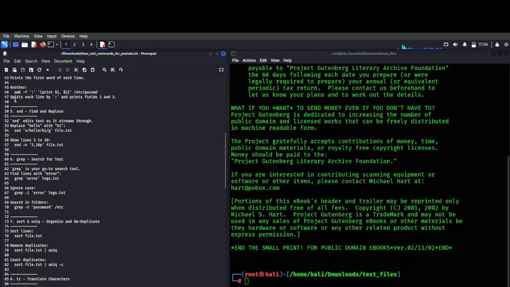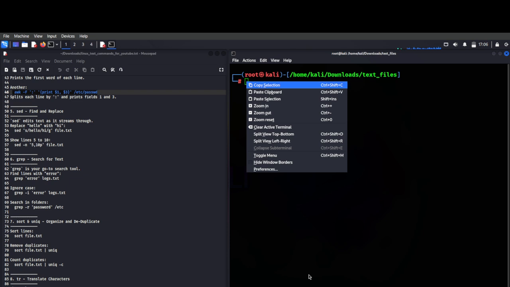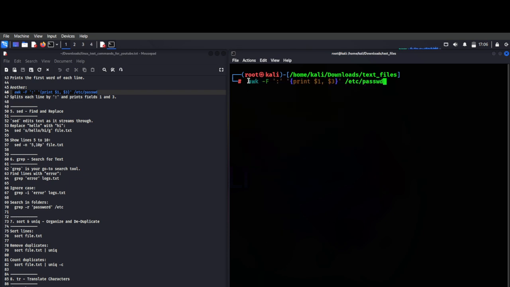And awk, I believe, honestly might need its own video because this one does a lot of things. It has a lot of functionality. And let me see, hold on. Let me copy this bad boy. Some of these things like playing hard to get sometimes. So let's do this one. So awk, the tool, let's see, splits each line by using two periods and prints field one and three, which